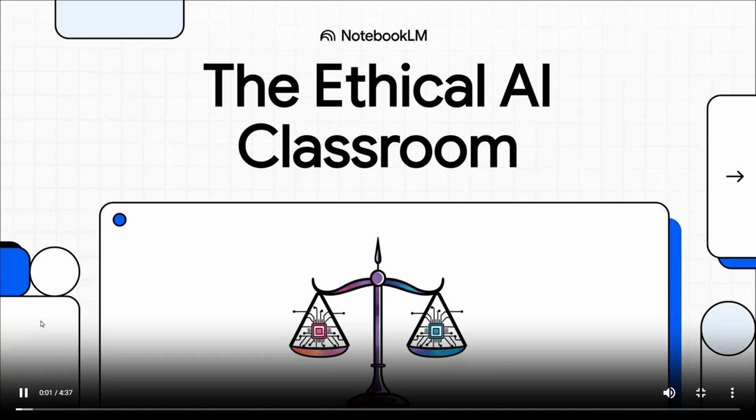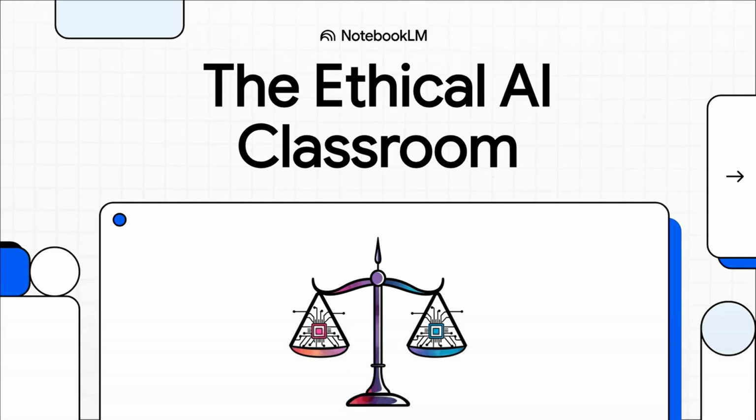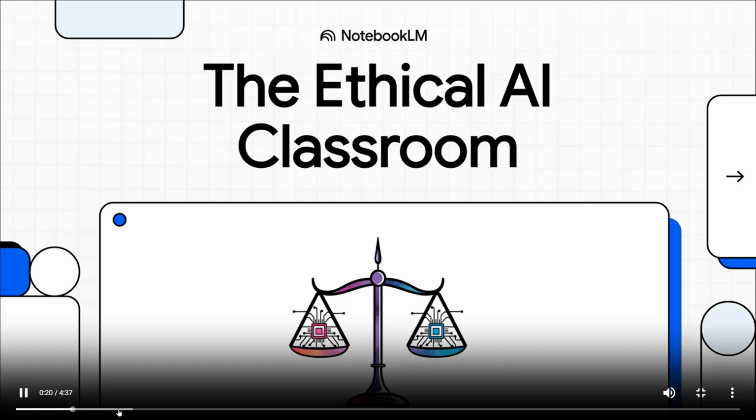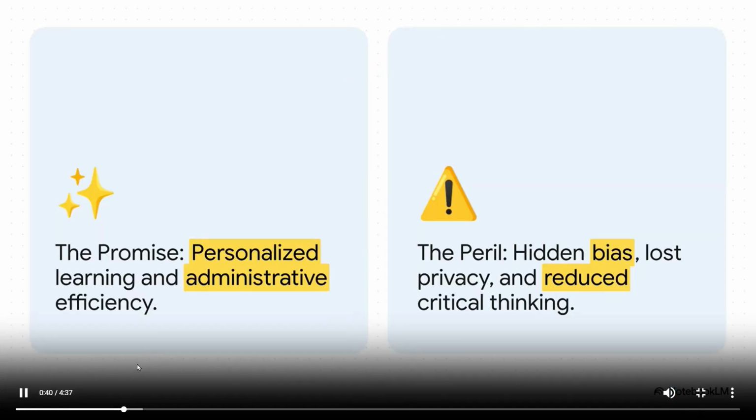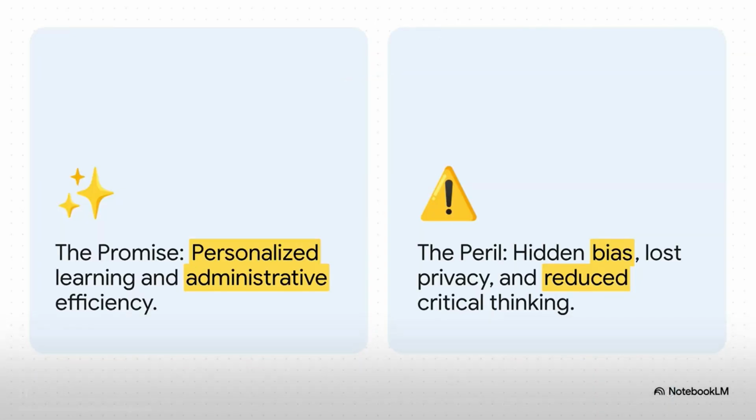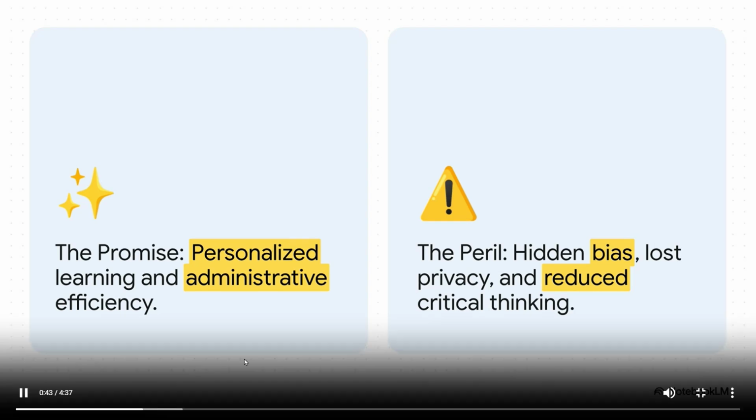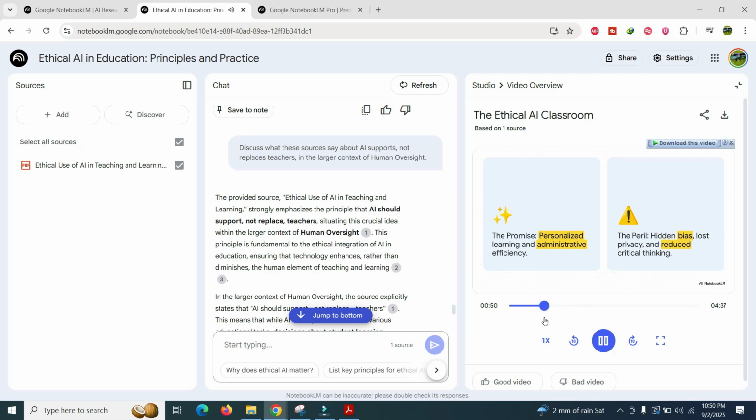Okay, so let's just get right to it. Artificial intelligence, it's not some far-off future thing. It's already in our classrooms, and it's promising all kinds of amazing stuff, like personalizing learning for every single student and making teaching way more efficient. But as we jump into this, we've got to ask the really important question. How do we actually use this incredible new tool? So you can really think of it as a double-edged sword. On one side, you've got the promise, right? AI can create these personalized learning paths and take care of all those super time-consuming admin tasks. But on the other,